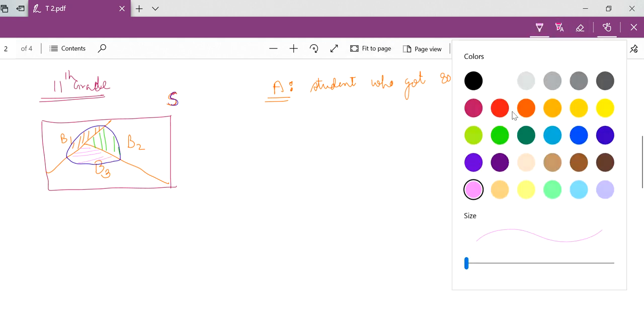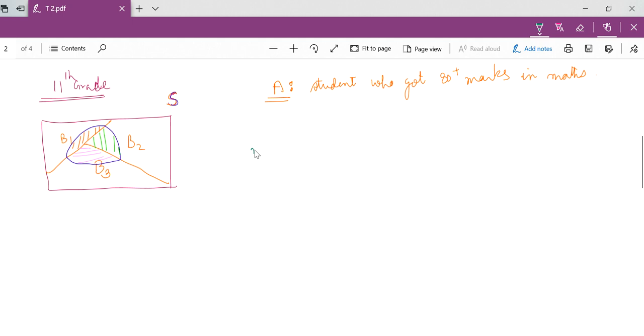So what did you do? If I asked you to find the number of elements, so this is your complete set A, isn't it? Now I am asking you how many students got 80 plus marks. What did you do? You said the number of students who were in A intersection B1, right? A intersection B1 means in section B1 and got 80% marks. Both the events are happening together. Then the number of students who got 80% and are in B2, and the number of students who are in B3 and got 80 plus marks. This is what you do.